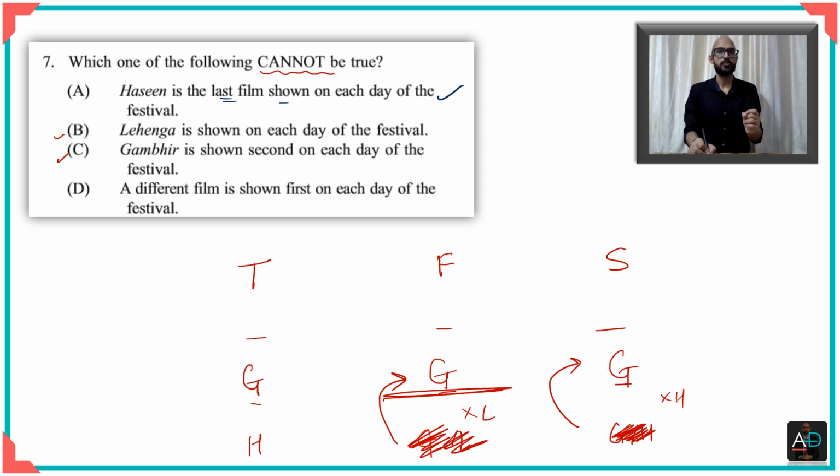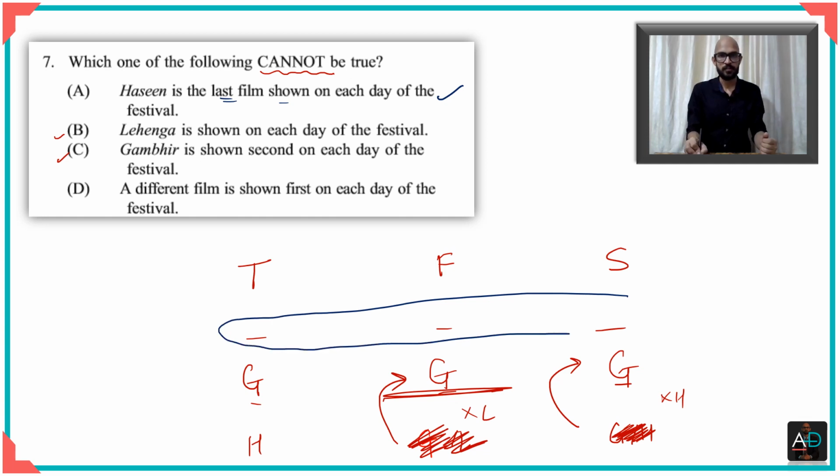So a different film is shown first, which means that you can have a different film for these 3 days on the first slot? Yes, you can. Let us say if I put Lehenga here, that is possible. If I put Haseen here, that's possible. And also what I can do is I can put Gambhir here